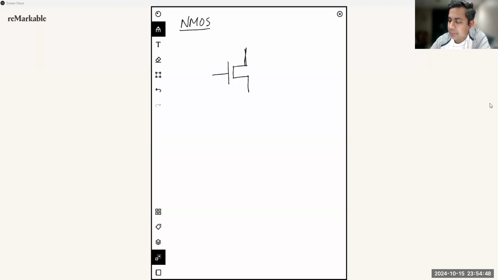So here you can see that there are 4 terminals. On the left, you have this line that represents the gate layer or gate terminal. And then there is a gap between this gate line and this line that signifies that there is an insulation inside this device that electrically separates or insulates the gate from